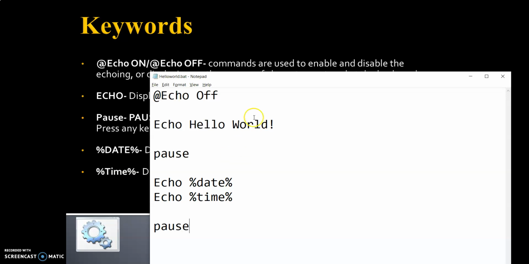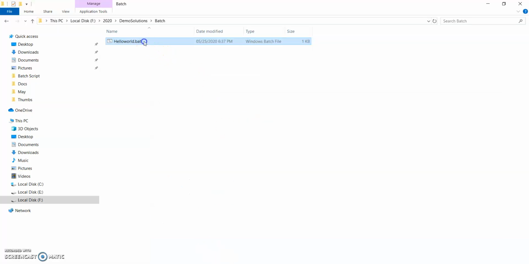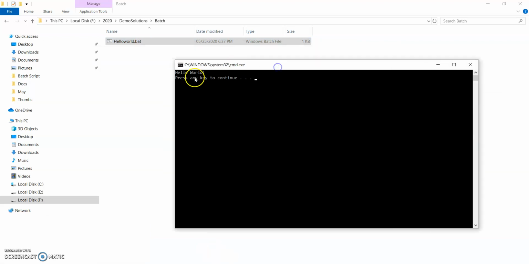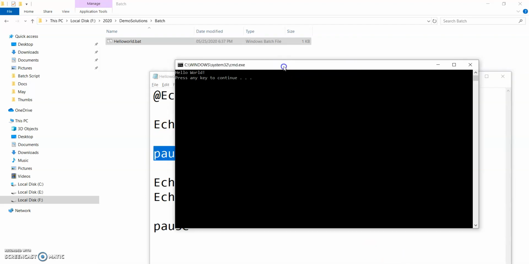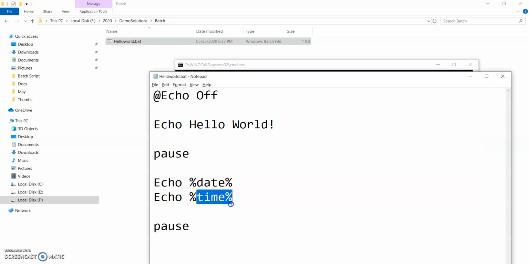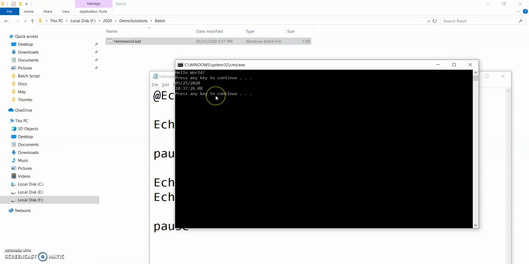Save. Run this. The first thing coming is hello world, then waiting for user input. So here I press enter. Now the date and time are coming, and it's waiting again for user input. So you got the idea how we can display hello world and the date and time.